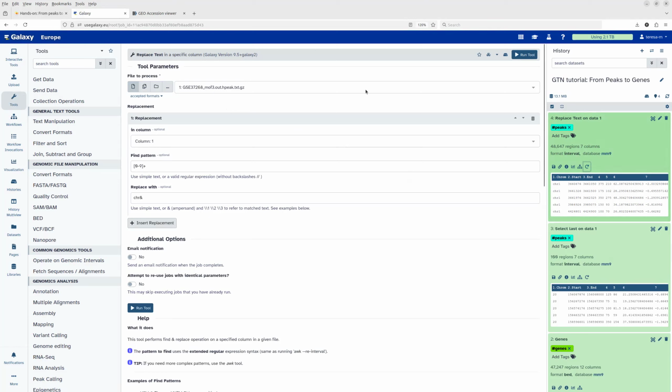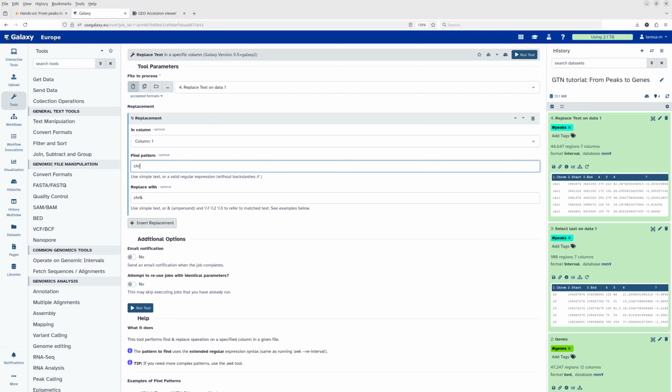This time, as we already have changed the CHRs, we select our last file, so the 4th file in our history. And we want to change again in column 1,